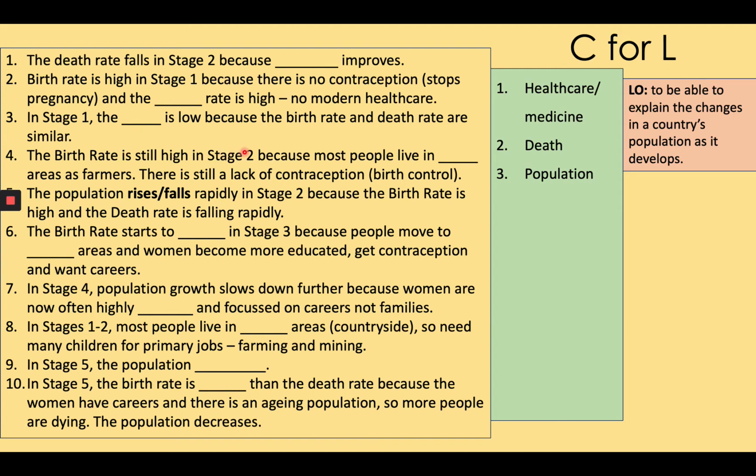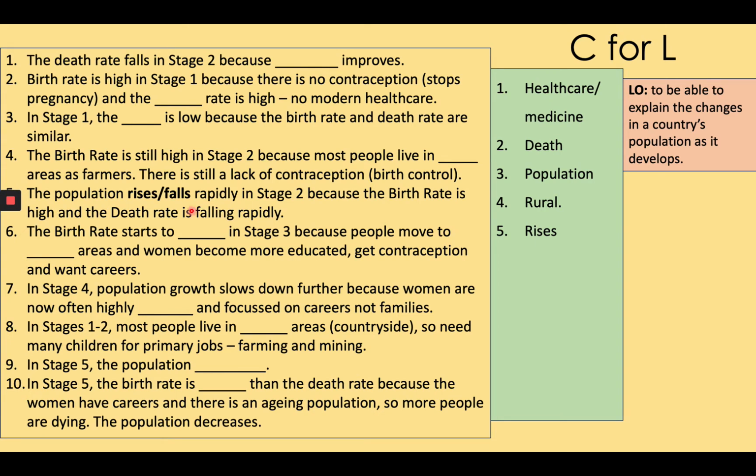Number 4, the birth rate is still high in stage 2 because most people live in rural areas as farmers. Rural, if you remember, means countryside. Urban means city. There's also a lack of contraception, which is birth control. Number 5, the population rises rapidly in stage 2 because the birth rate is high and the death rate is